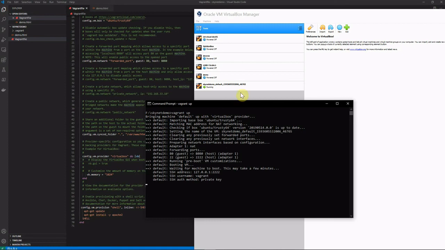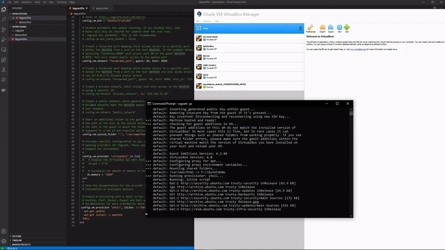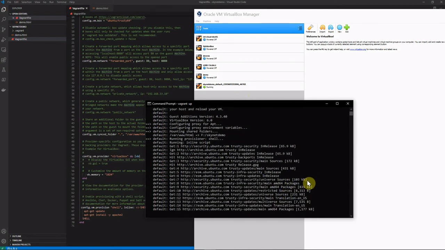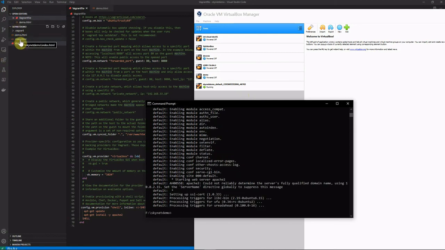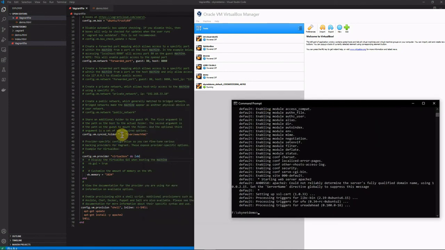Okay, so the machine state is now running. See, now apt update is going on. Now Apache is installing. You just notice that one index file also here, because this is a new box, and the box is from Ubuntu Trusty 64. It has Apache now installed, and host 8080 is accessible from outside, and we already synced this folder, meaning the current working directory is synced to www.html, and its memory is 1 gig.